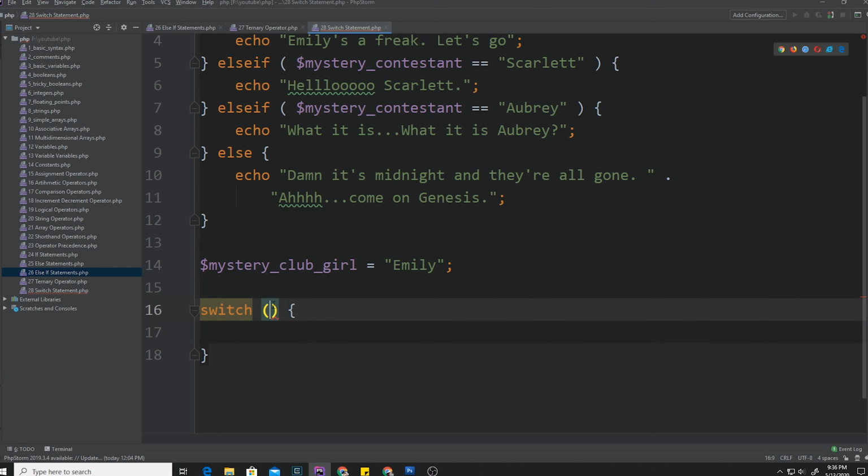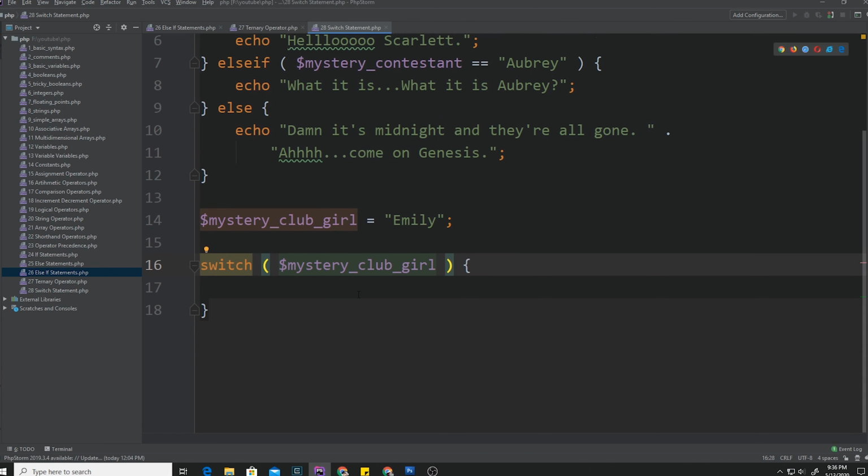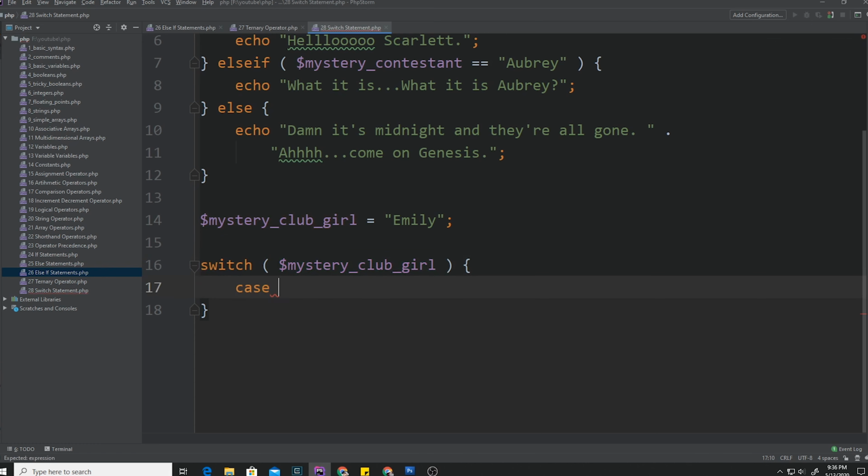So inside the switch, we're gonna pass something like a variable, right? So mystery club girl gets passed to the switch statement, and then we're basically going to try to match up, see what could be in here, right? I mean, that's the easiest way I could describe it. So we could say something like case Emily